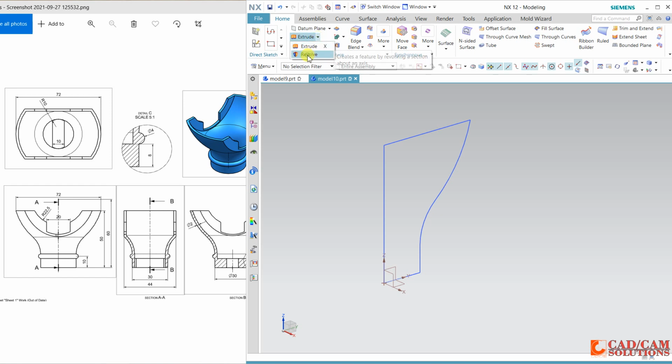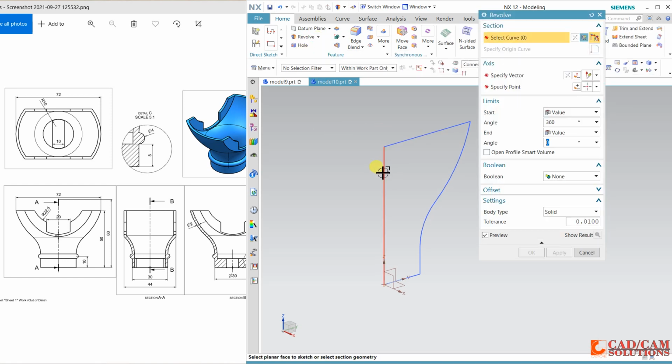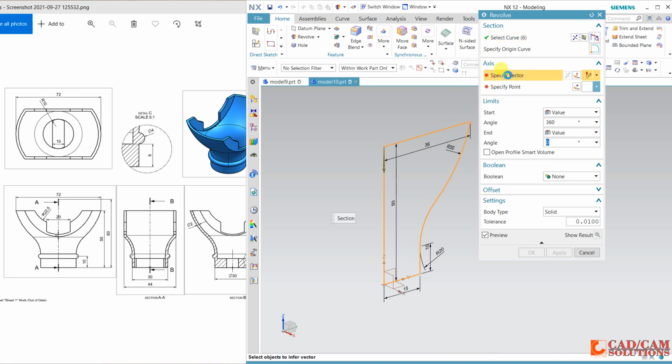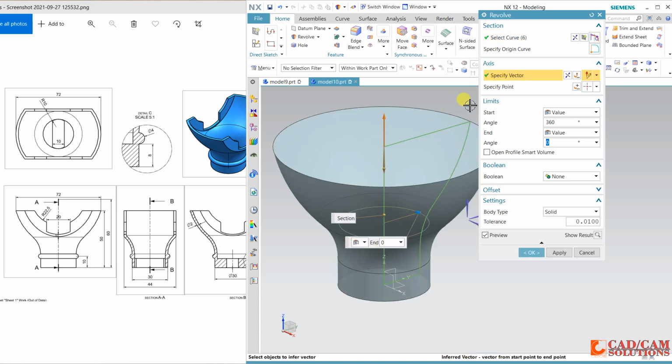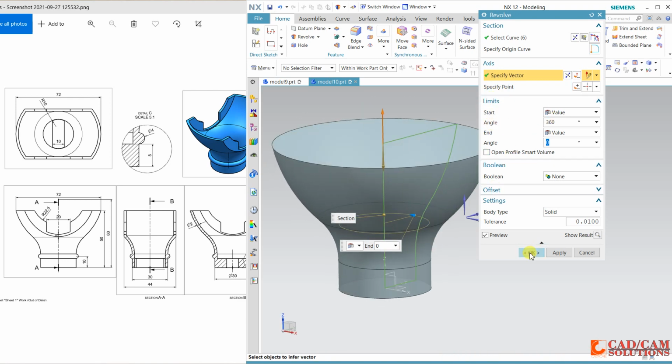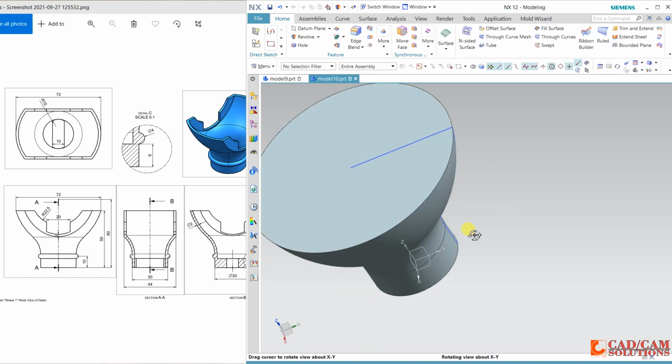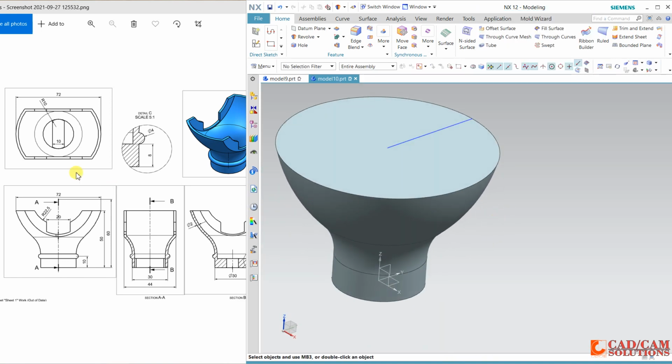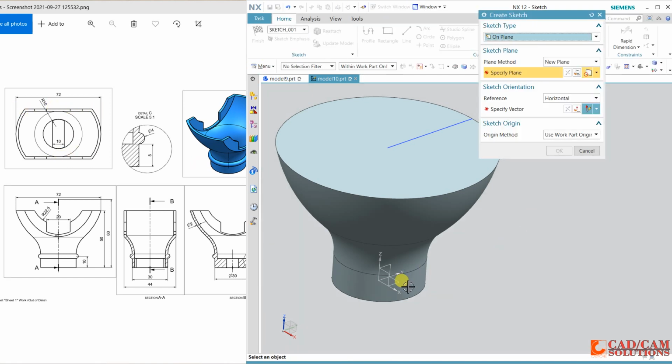Now I will select this revolve command and select this sketch. Now I will define the axis. This is my axis and limit is 360 degree, so it will revolve 360 degree. Now from the top you can see some cuts are there, so sketch at the bottom or at the top,